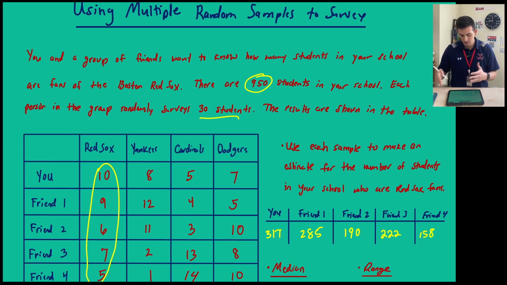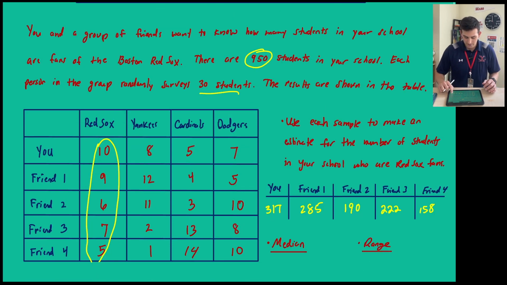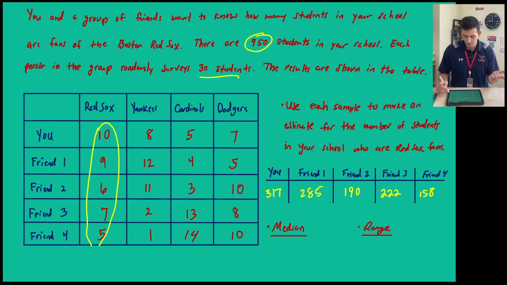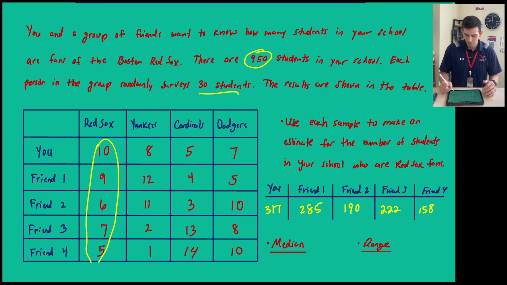Okay, so now we see our table here on the right. It gives us our estimated total results out of our school population. So let's look at these 5 numbers we have here. Let's do 2 statistical measures based on those 5 numbers. The first one is the median, which would be like the middle result, right? So 158 is our lowest, then we'd have 190, 222, 285, and 317. So the one that would be right in the middle would be our 222,